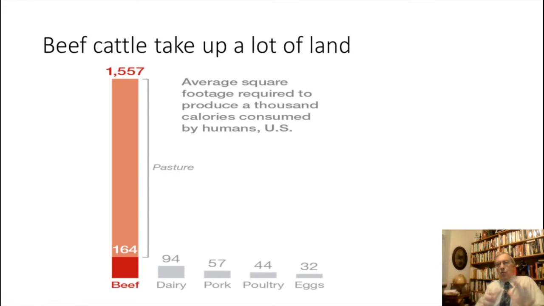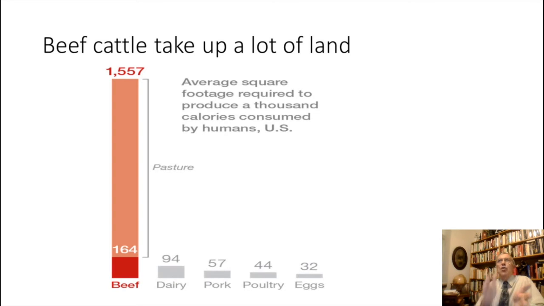And we'll see why this is, and it's largely because you have to feed cattle for about a year and a half to 2 years before they are slaughtered, so that the animal literally uses up all that energy in being alive for 2 years. Right? And this is one of the reasons why